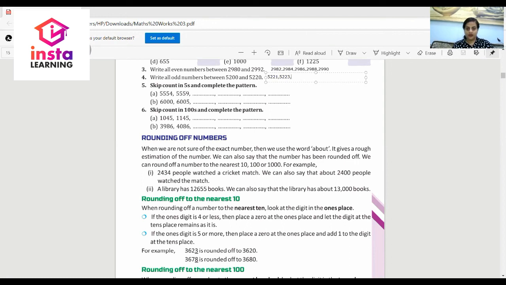Okay, after that it is from 5200. So we will write here 5201. Next, with the comma, 5203, comma, 5205, comma, 5207. Next is